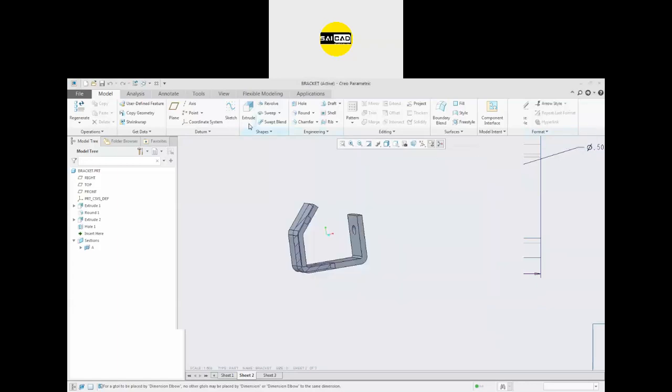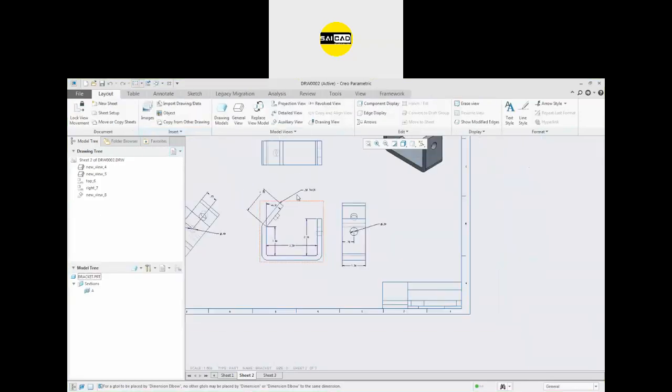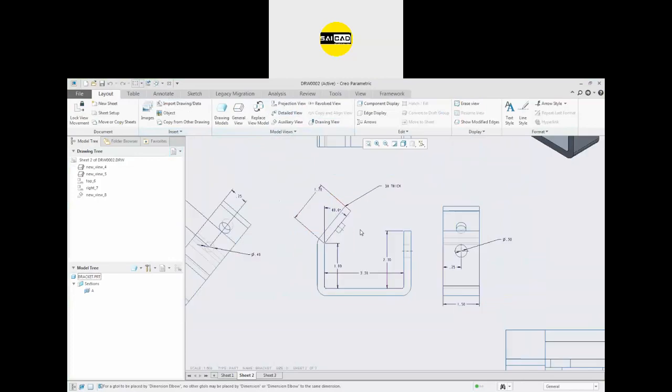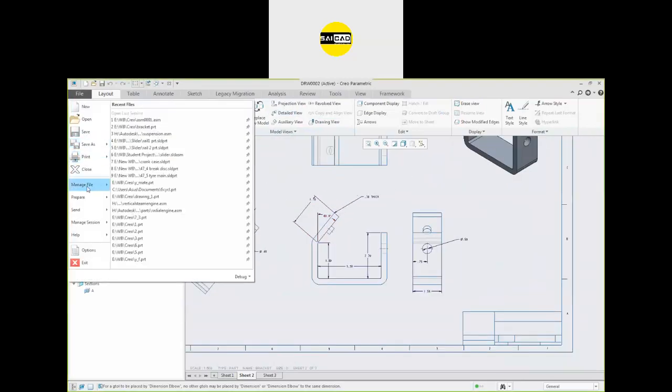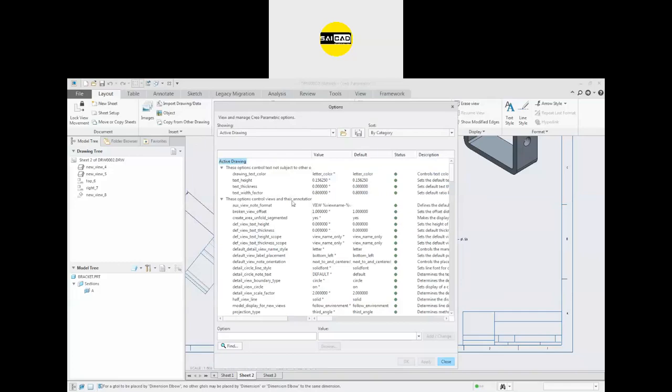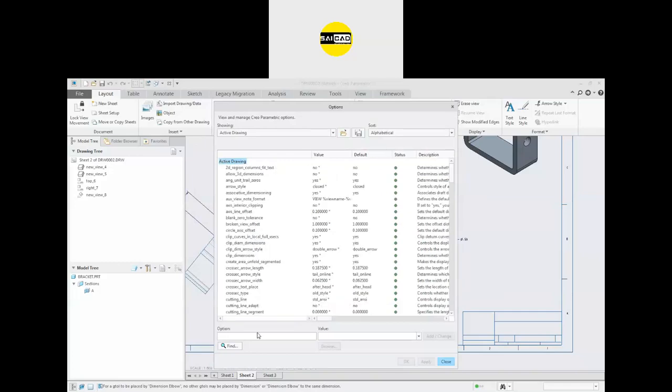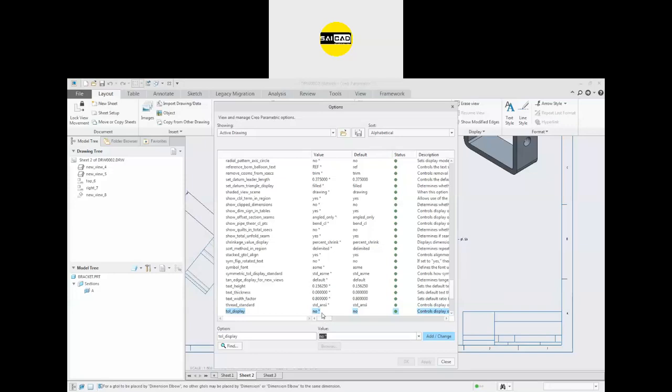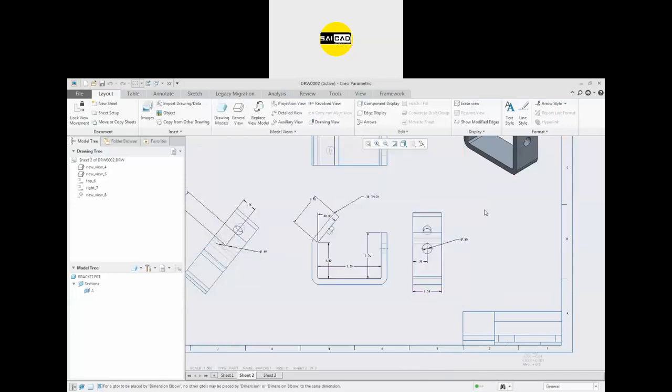Okay. After that, you have to go to the drawing file, and here to enable the simple tolerance option, you have to again go to the prepare drawing property, and you have to turn on the tolerance option. Go to the detail option, change. Okay. Now we have to search here. That is tolerance display. Okay, this is the tolerance display here. So right now the tolerance display is off. Just click here, yes. Okay, add changes. Okay. Now, go to the